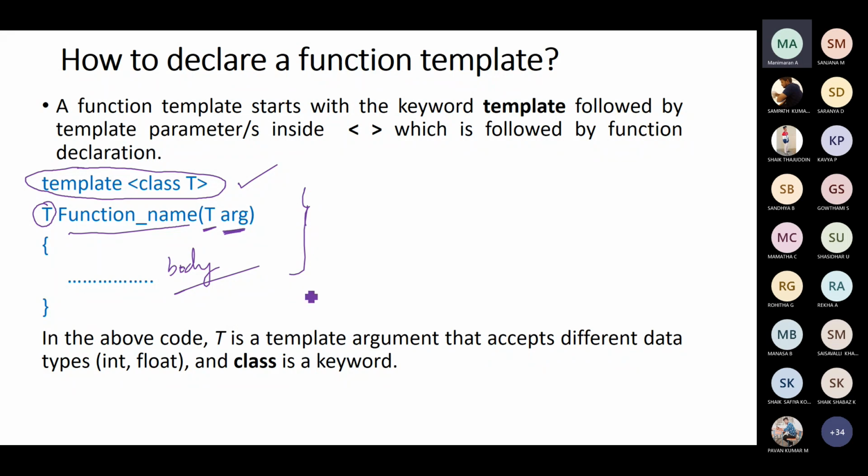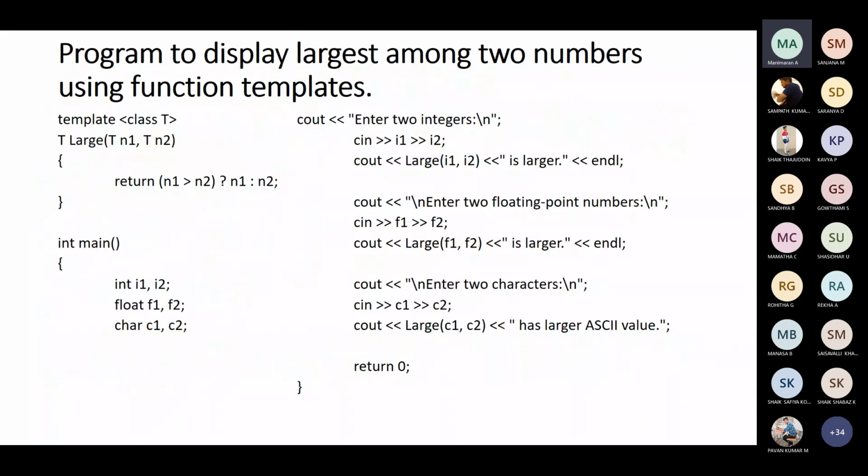So in the above code, T is a template argument that accepts different data types, integer, float, character, and class is a keyword. I hope everyone understands this one. So next we will see the program. Very simple concept only, because function, class and object concepts we have already seen, with a lot of exercise programs. Now we are seeing only generic programming, which means different data types we are going to use for the same